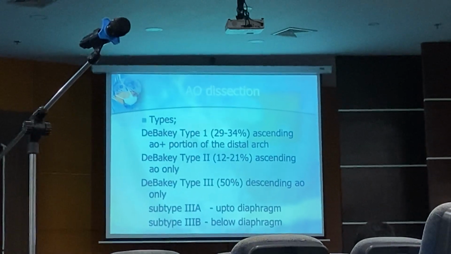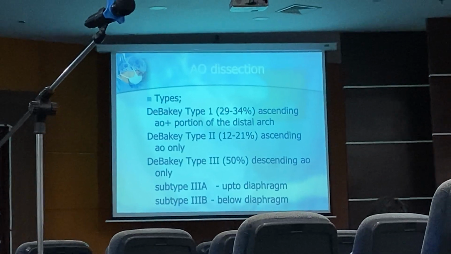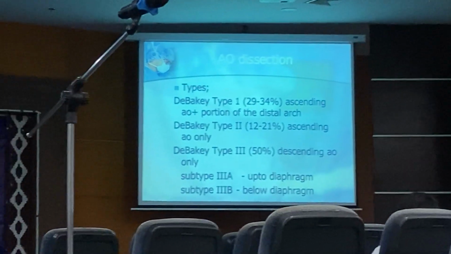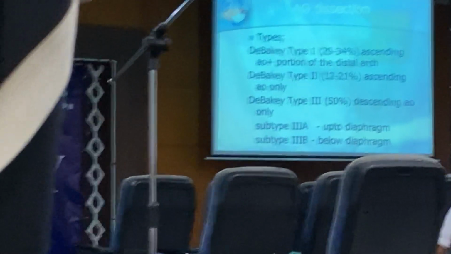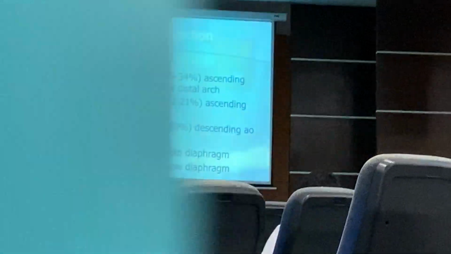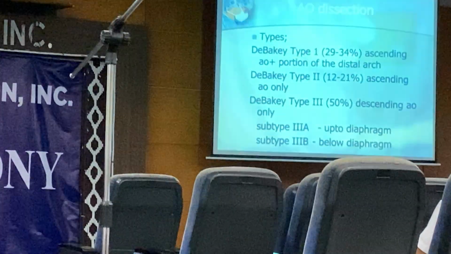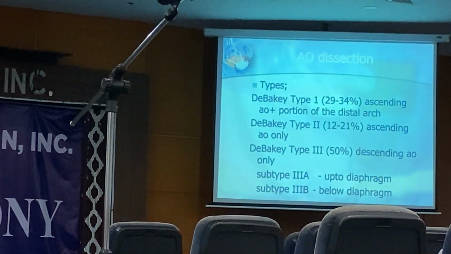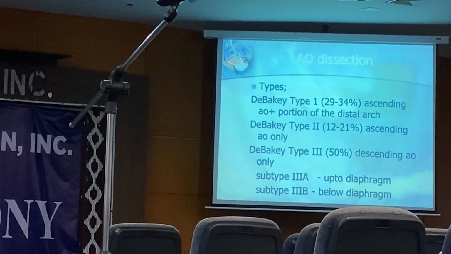But this is a medical emergency. So, in aortic dissection, you have several types, DeBakey type 1, 2, 3, and subtypes as well. In DeBakey type 1, the ascending aorta and a portion of the distal arch is affected. In DeBakey type 2, it's only the ascending aorta. In DeBakey type 3,